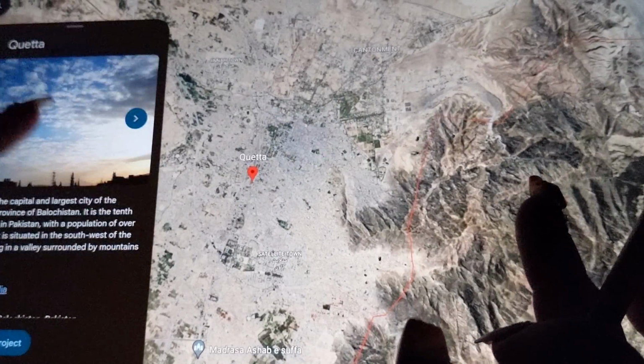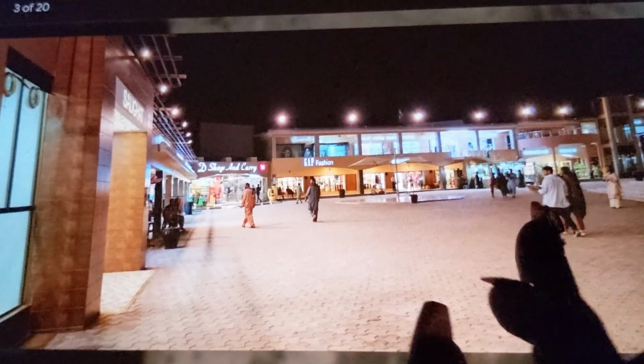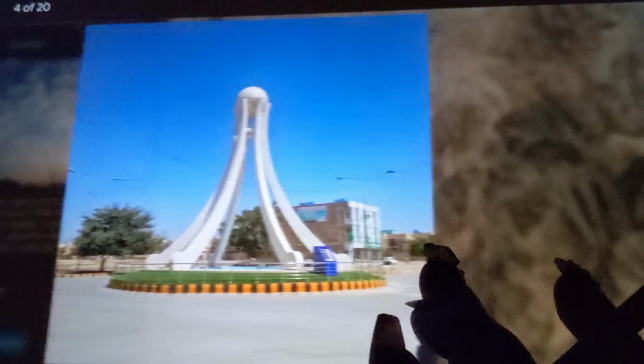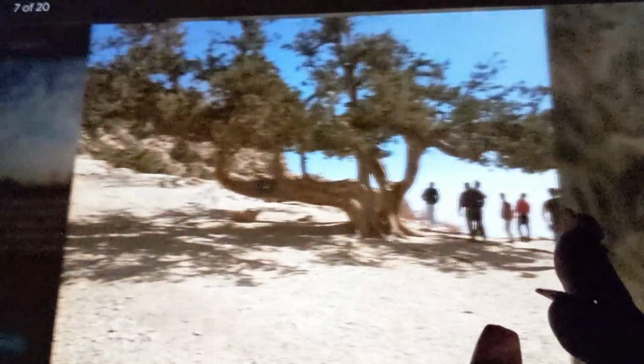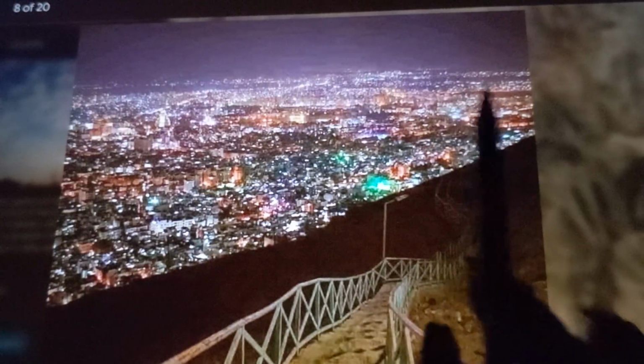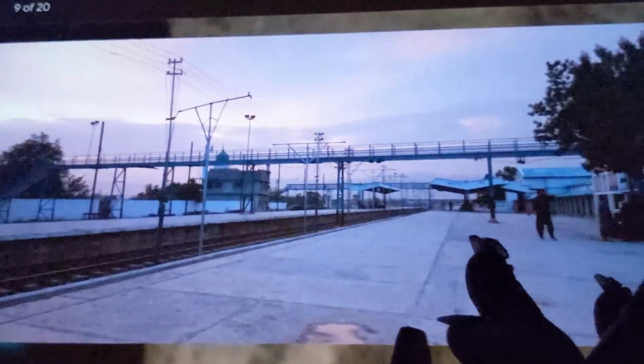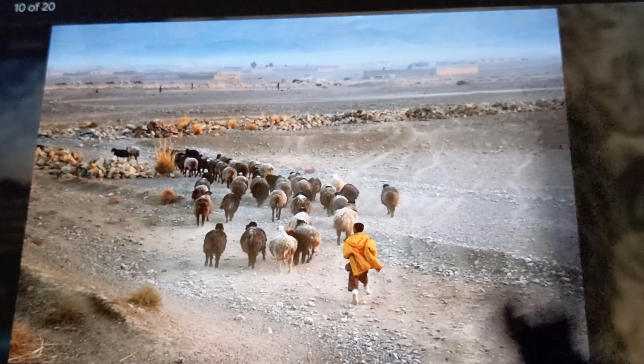Let's see if the slideshow gives us anything. Lots of shopping there. Of course, big roundabouts. Nice little well there. Big city. Hopefully that's Quetta. And some herders there.